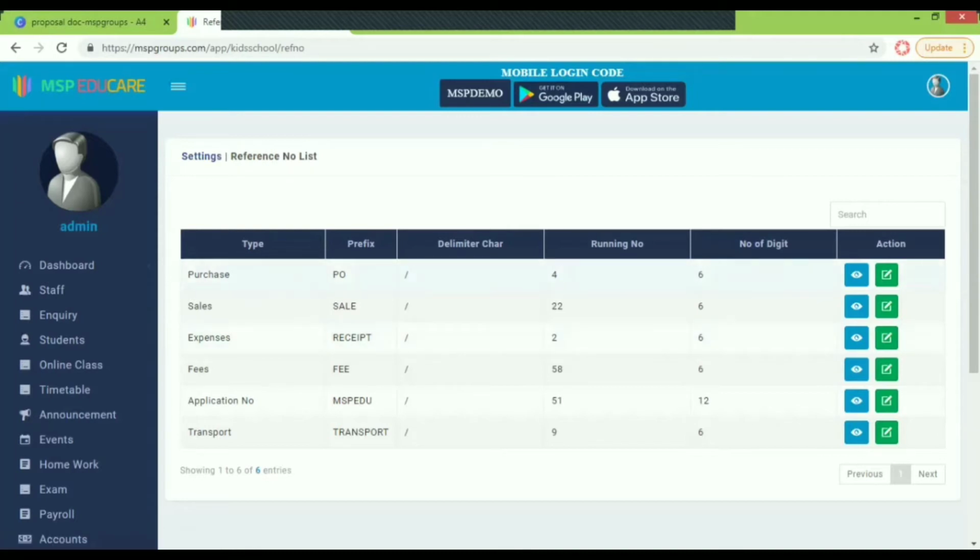For example, let us assume we have a purchase list. The purchase list number will be a unique number and it will get incremented, right? So in that case, you can make a note of what the running number should be, after the prefix, what the number should be and how many digits it should contain. Those are the details we requisite over here and we use it.